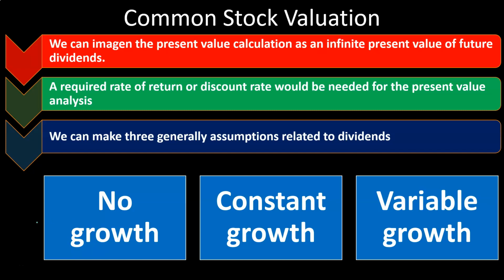We'll talk about each of these in a bit more detail, but if we have a no growth calculation, you might think about this as a company that's somewhat stable, meaning they have a set amount of dividends. Possibly you're talking about a company that has been established, they're not in a growth phase, and maybe they're a mature company that generates standard revenue, but isn't needing to put that revenue back into the company and grow more, but rather keeps a standard pace and then can take the earnings and pay them out to the shareholders.